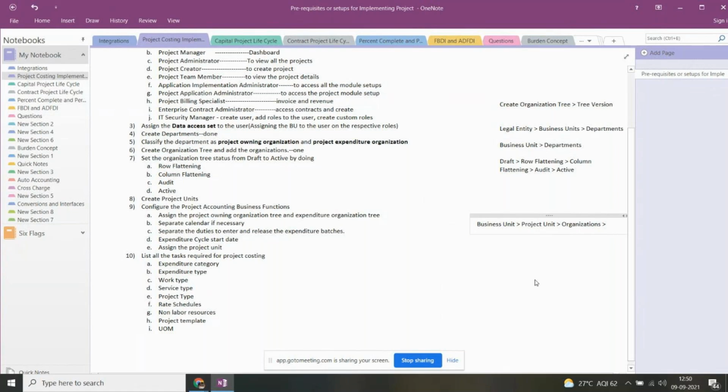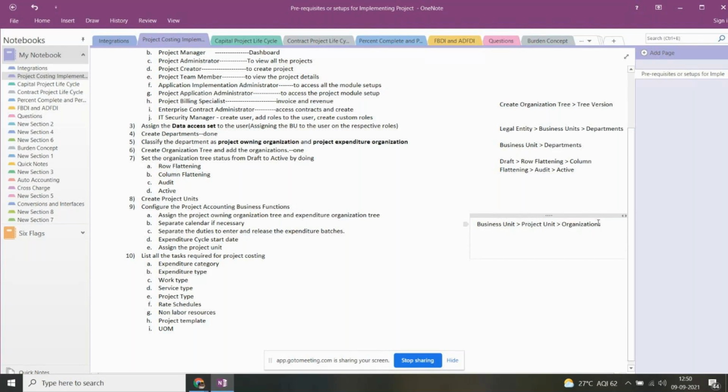Under organizations, again, you can say sub-inventory or directly items, because we don't bother much about the inventory side. But here the important thing is a new layer comes into the picture in between the organizations and the business units, right? That is project unit.